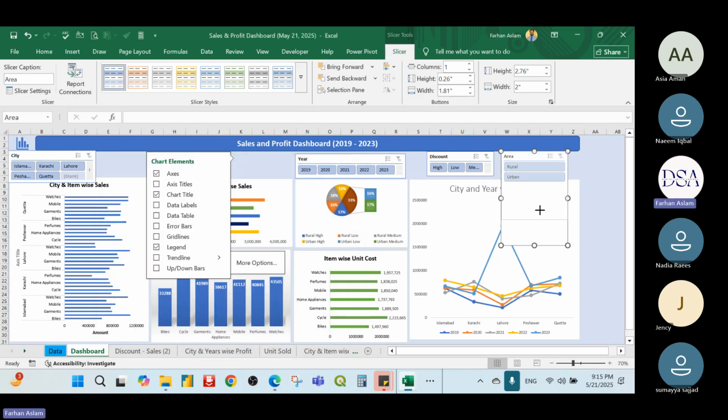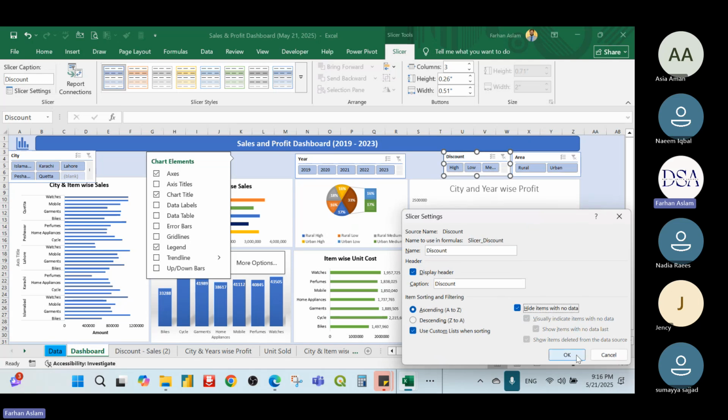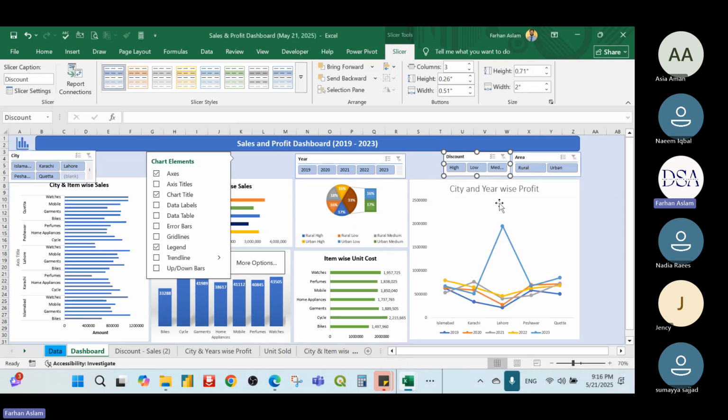Not all actually. This option is related to one slicer. This option is available for a single slicer. So you have to perform it for all slicers one by one. So now again, I have just converted this vertical slicer into horizontal size. So you see there are five different slicers. So I can adjust like this. Again, go to this discount slicer, go to settings, and click on this hide items with no data, and